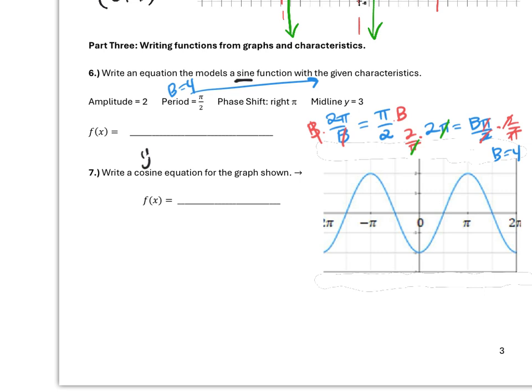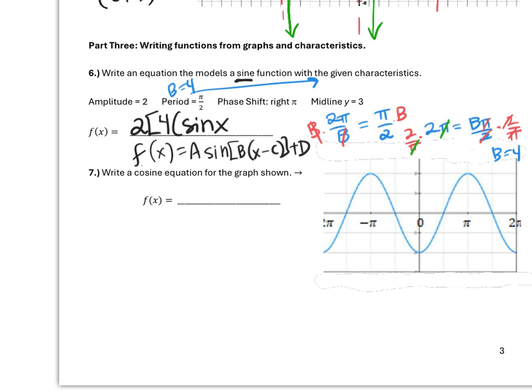So I'm going to put that here, because then I know my function follows this form, y, or in this case they're saying f of x, so we'll just do f of x. F of x equals a sine b x minus c plus d. And I just plug in what I know. So f of x equals a, we know our amplitude is 2, times b, which in this case we said was 4, times the sine of x. If the phase shift is pi, then inside of our,